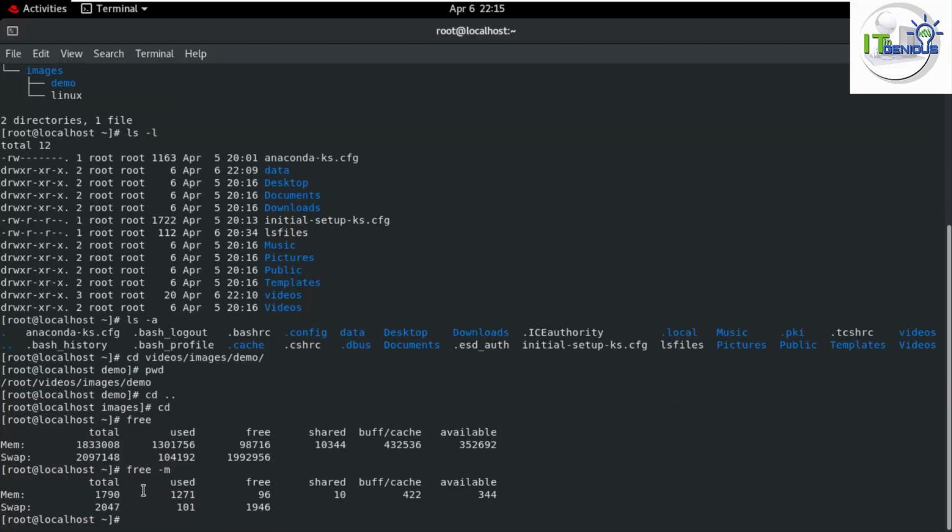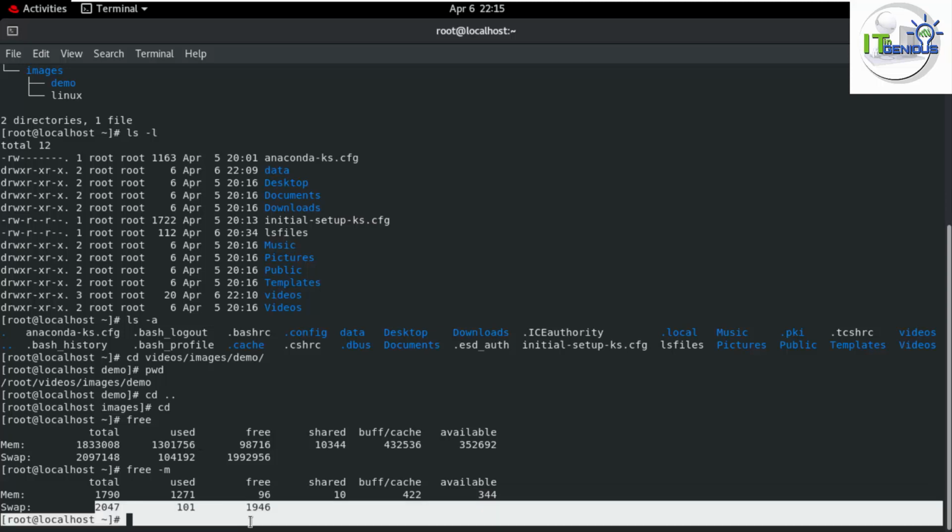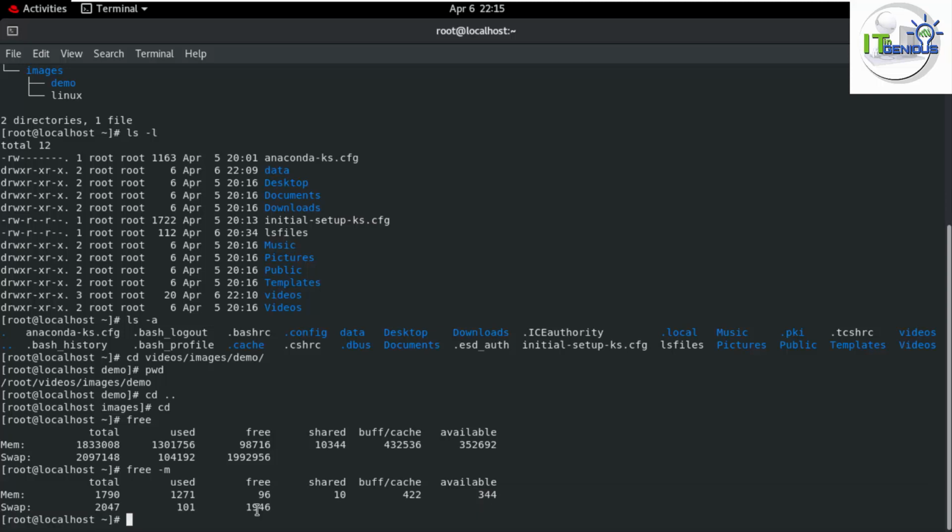So what is the RAM assigned to your system, what is the used RAM, then free space in MB, correct? And then available space also here. And swap is a static memory here. So you can create one swap partition in which you can specify some space.